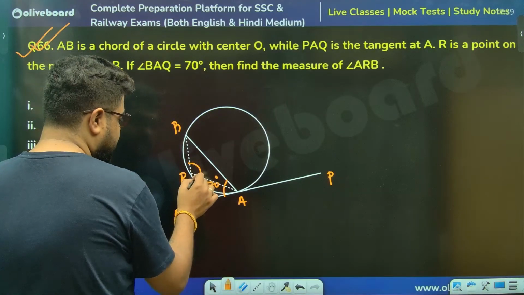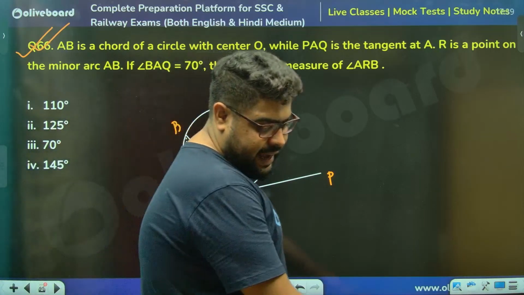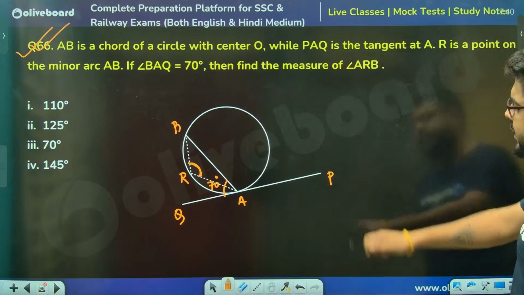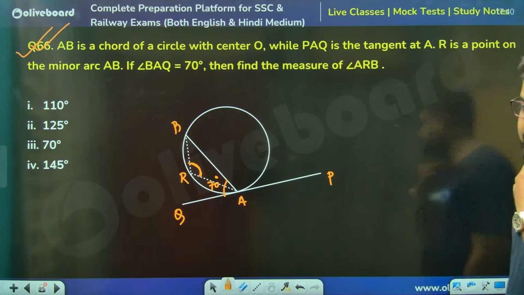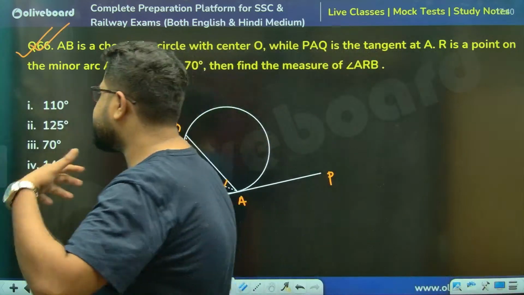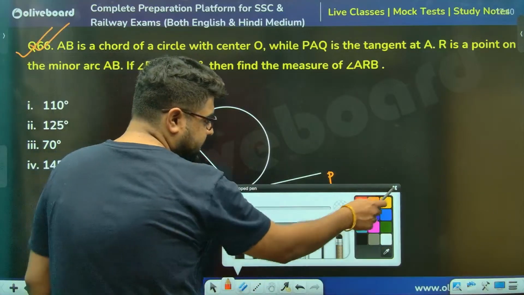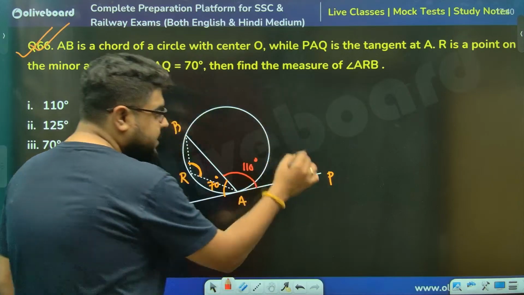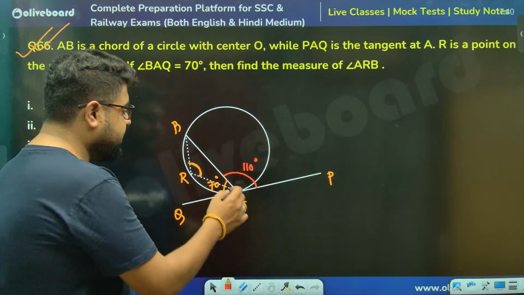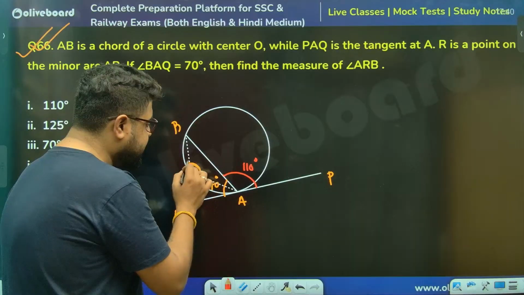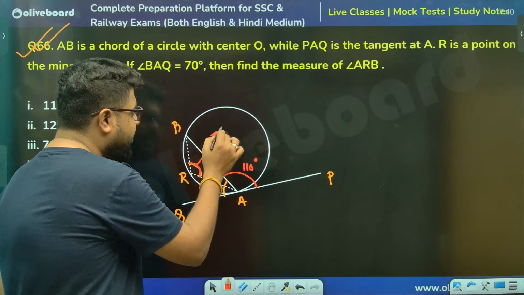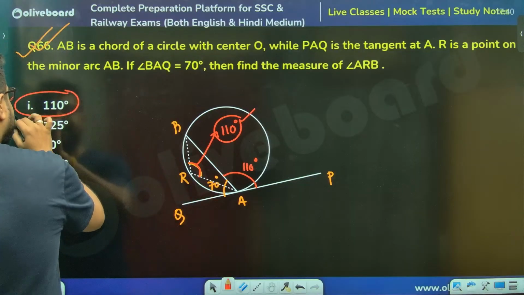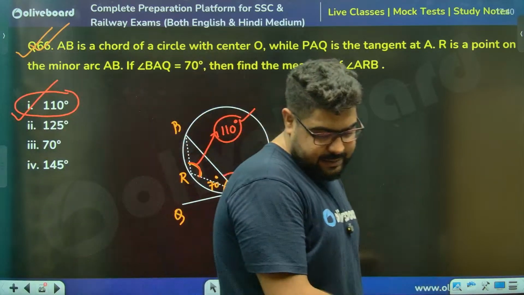Now they are asking us to figure out this particular angle, sir. ARB. Perfect, sir. Use the alternate segment theorem. Sir, please understand, if you use the alternate segment theorem, if this is 70, this is 110 degrees, sir. And the alternate angles theorem is saying, sir, this 110 is the same angle. So this will also be 110. ये एक ही line का question था, sir. But still, the picture was making a little bit of a difference.